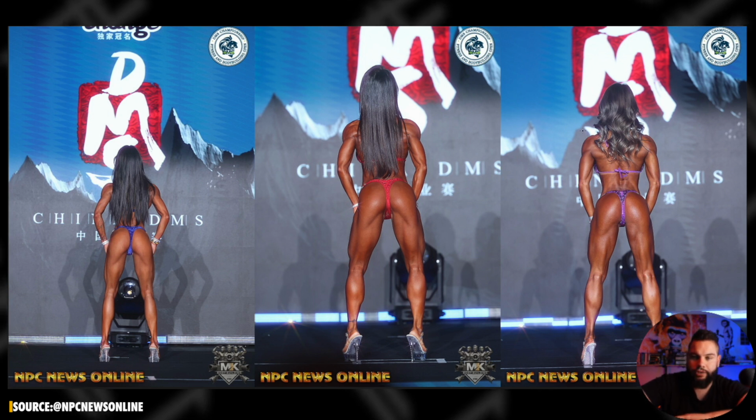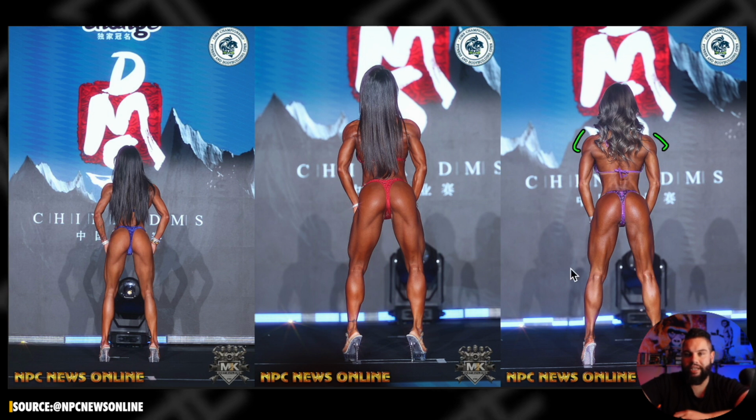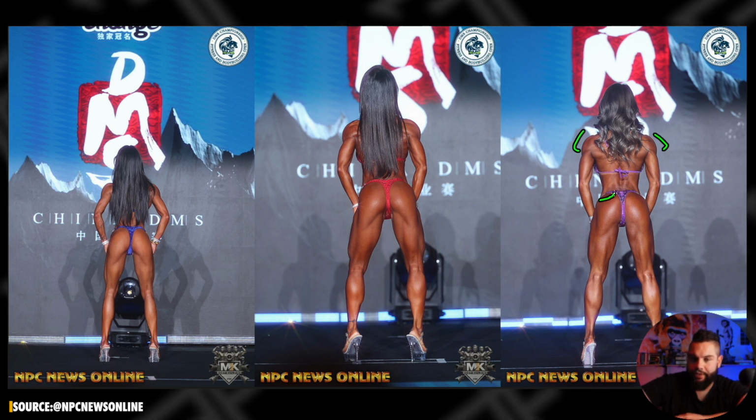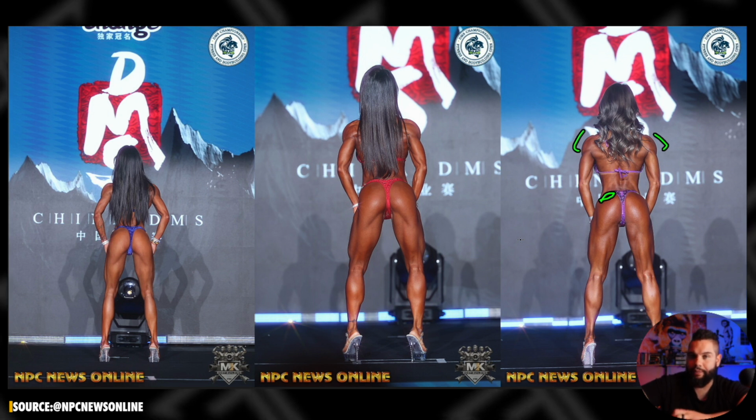Looking at A-Song now. So A-Song was a little bit dominant from the front in her lower body. From the back, it's a bit better. But interestingly enough, we don't get the same level of depth from the glutes. So maybe, even though they look dominant from the front, she might need to bring out the depth actually a little